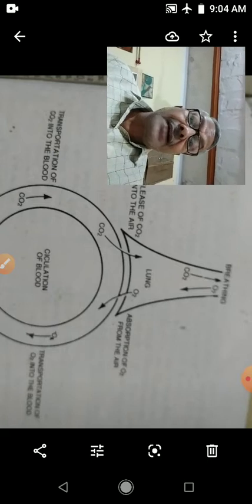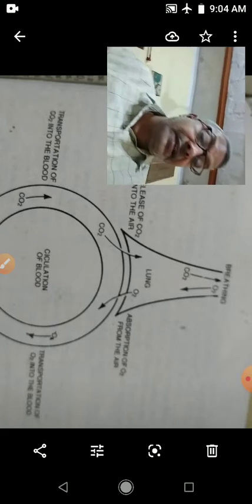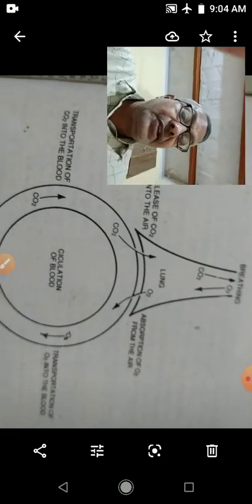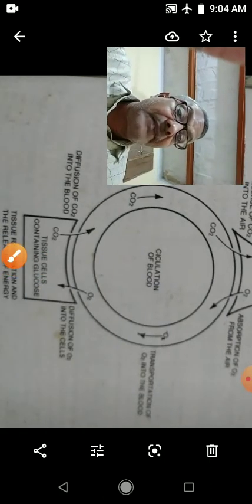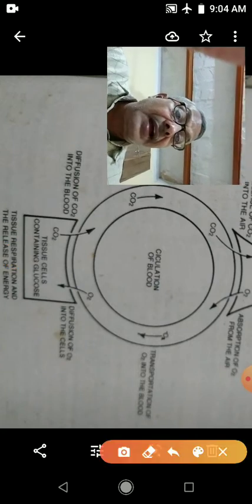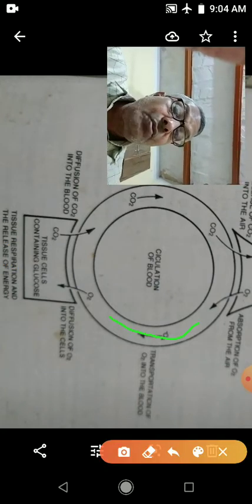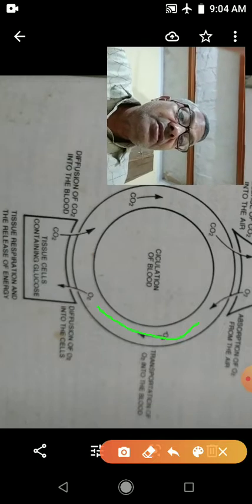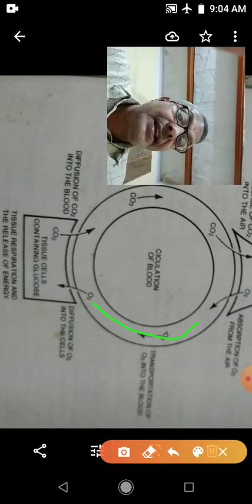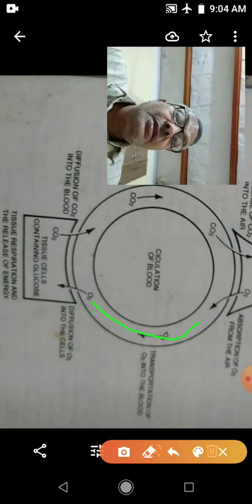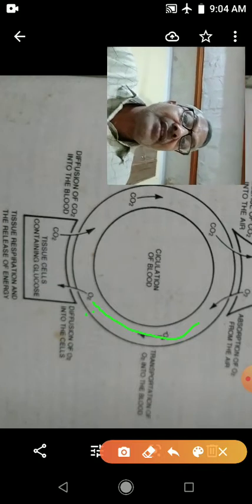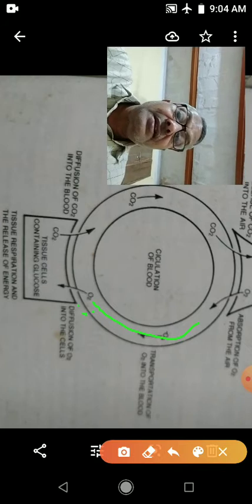There oxyhemoglobin will dissociate, and after the dissociation, see this oxygen is coming, and when oxygen reaches the tissue cell, the oxyhemoglobin dissociates and releases the oxygen, and that oxygen again diffuses into the tissue,